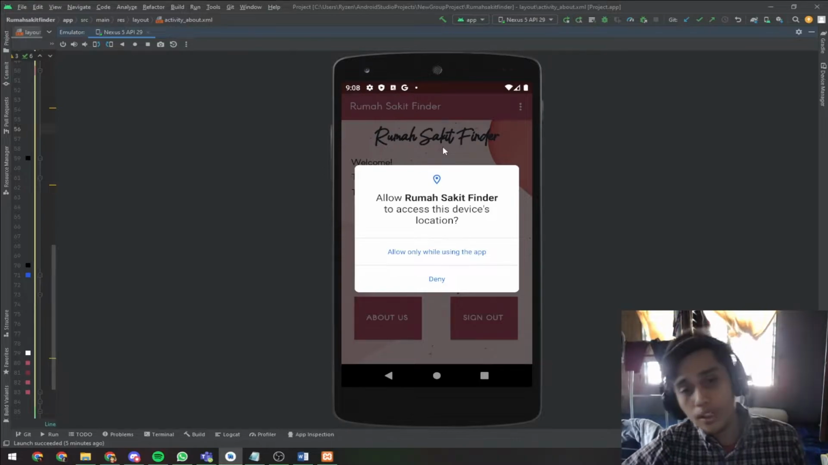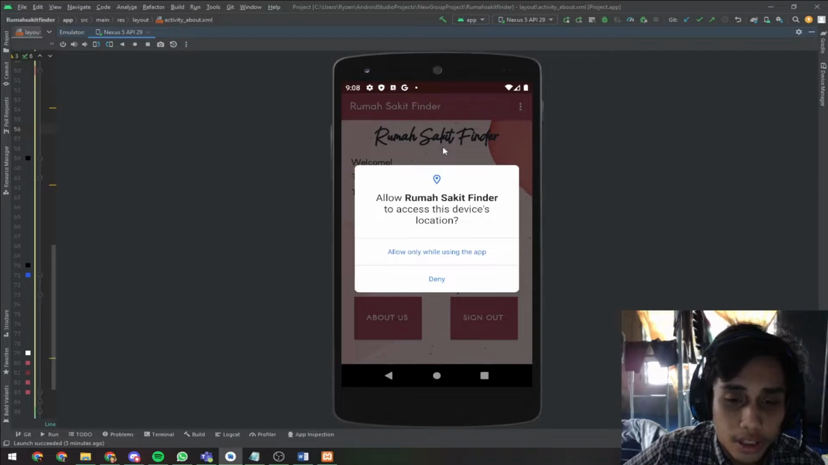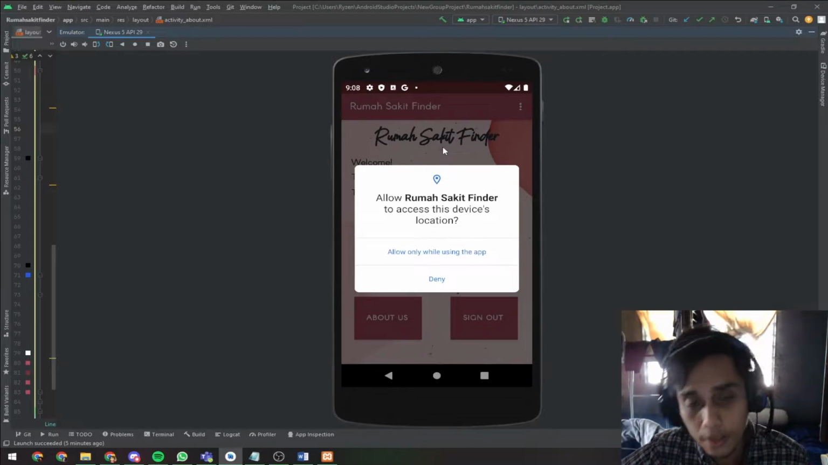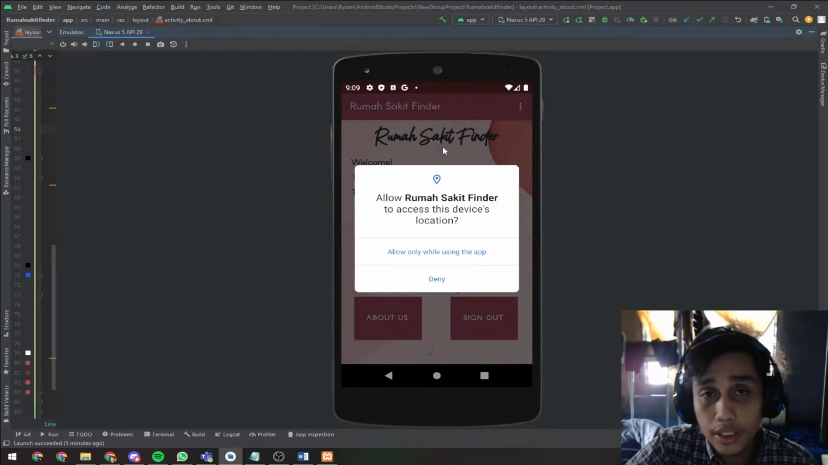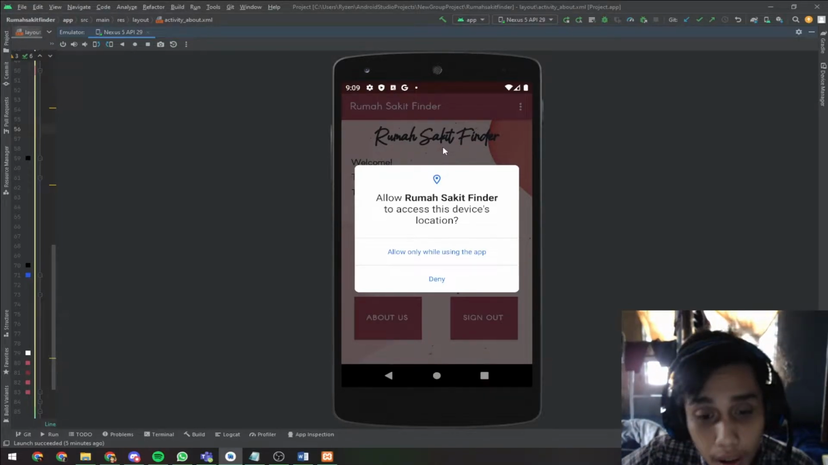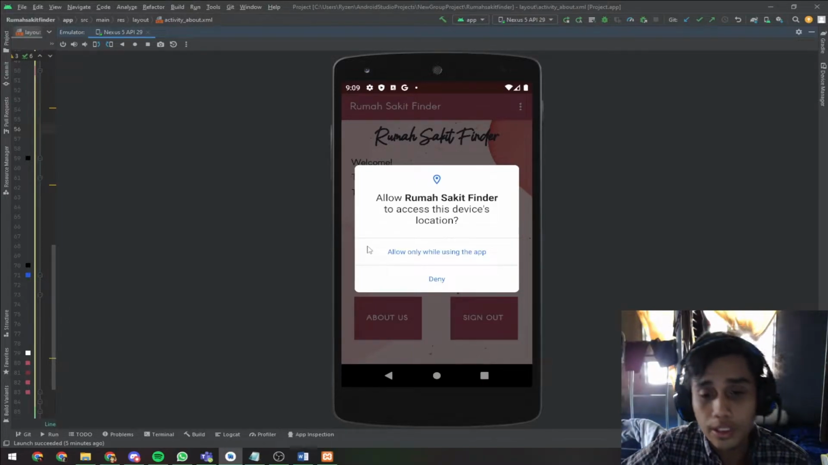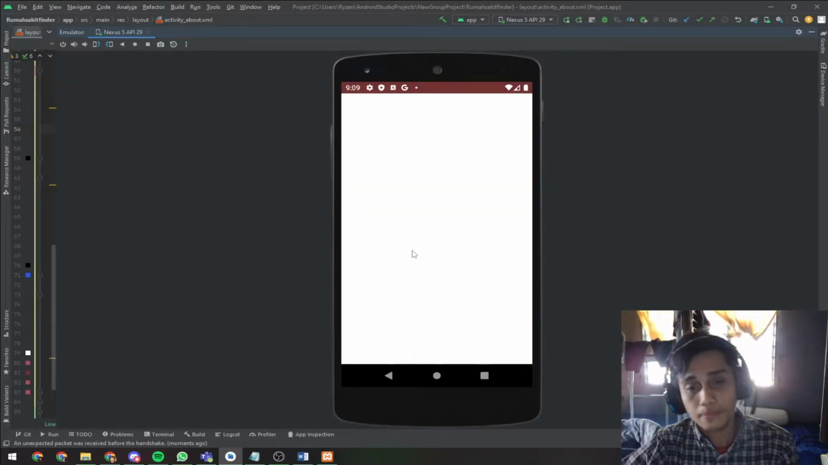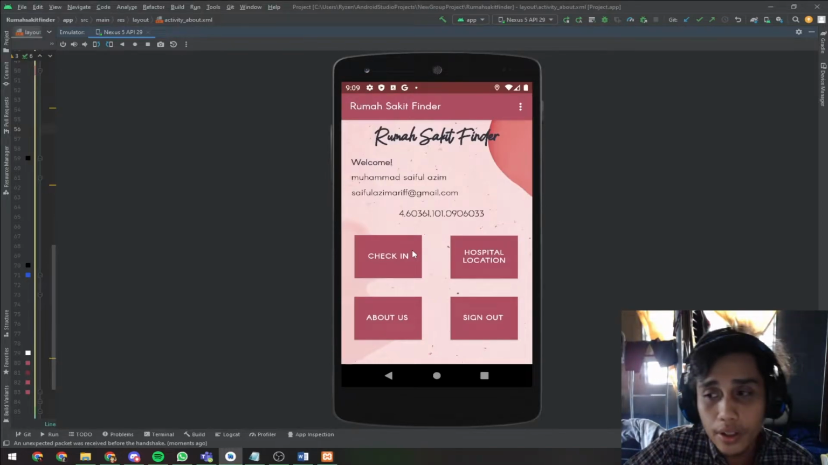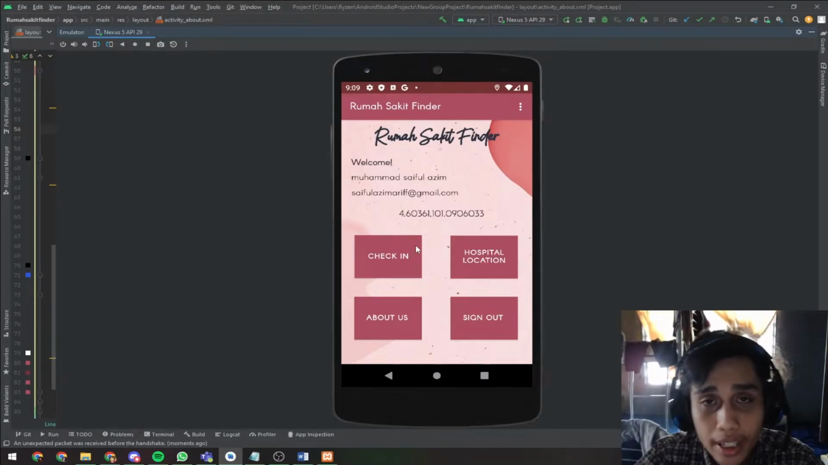After the user signs in, a pop-up will show that asks for permission to allow Rumah Sakit Finder to access the user's location. If the user wants to deny it, they can, but for this presentation I'm just going to click allow while using the app. After the user has allowed the permissions, our homepage will appear on the screen, and it will welcome the user